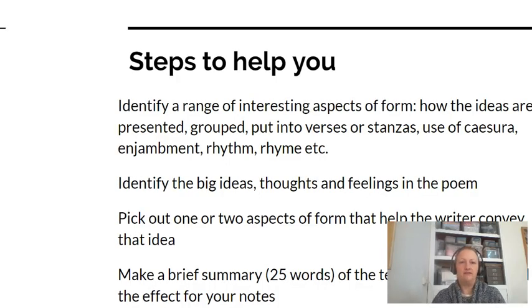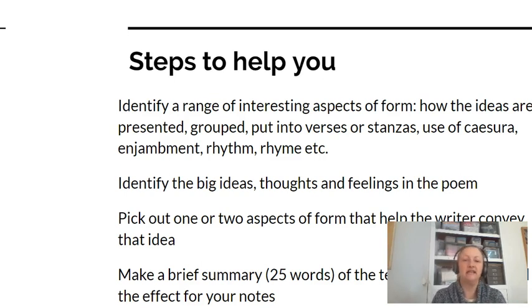So if we remember from the last video, we were looking at the steps that could help us when we're looking at form, and those really come down to four things that we need to do. So first we need to look at a range of interesting aspects of form, like having a look at the poem as a whole, unpicking aspects to do with how many syllables on each line, what words rhyme, which ideas are in which verse, whether there's any interesting caesura or enjambment, if words have been left dangling at the end of one line or at the beginning of the next,